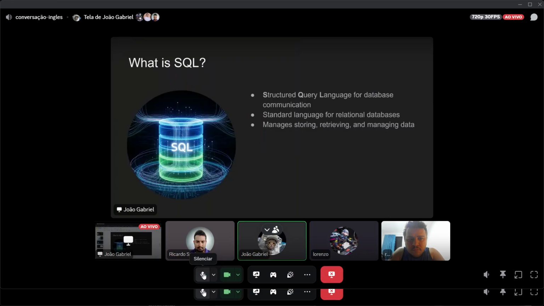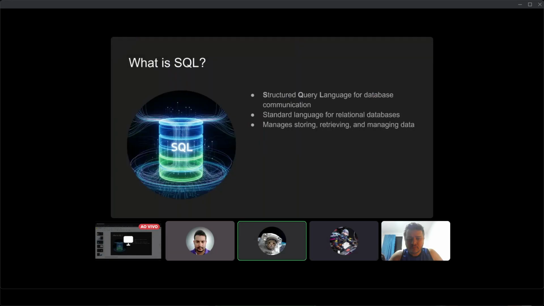Perfect. So, as you might know, SQL is an acronym for Structured Query Language for database communications, and it follows a standard called SQL ISO or SQL ANSI. For example, we can execute a select statement in SQL Server, which is the Microsoft RDBMS, and the same select query would work in Oracle and MySQL as well.